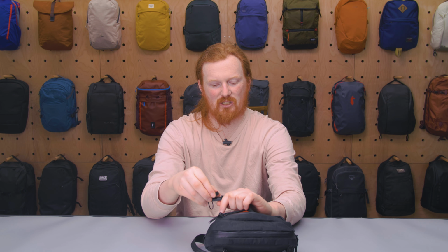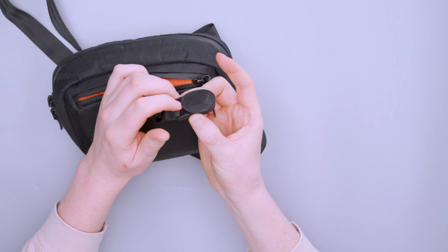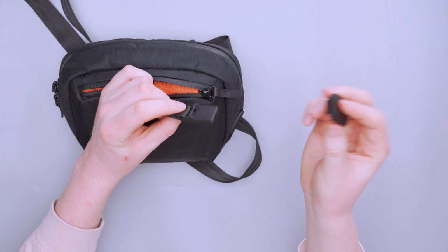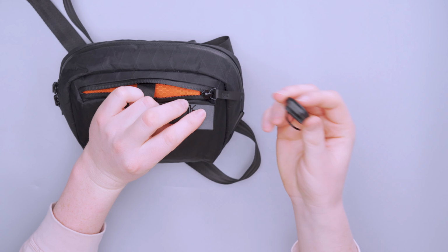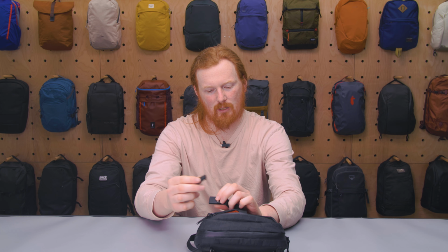But just in testing, I'm not in love with this design. I think it's very unique, but it can pop off when you don't want it to. Even if like a piece of gear catches it, it can pop off. And I'm being very nitpicky, and you're probably wondering, what is this dude talking about? But just for my personal use of a key clip, I don't love this design because